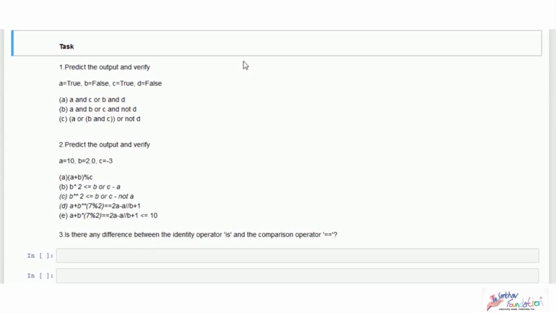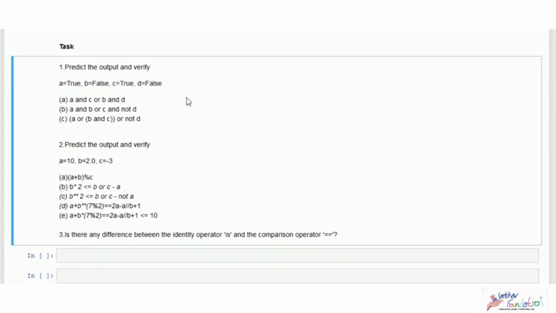Quiz time, guys. You got a few minutes to think. Here are a few practice questions that can help you out with what you have just learned. So there are 3 questions with subdivisions for the first 2. In the first question, there are sample values given for variables. So these are your Boolean values. You have 4 variables A, B, C, and D with Boolean values for each of them.